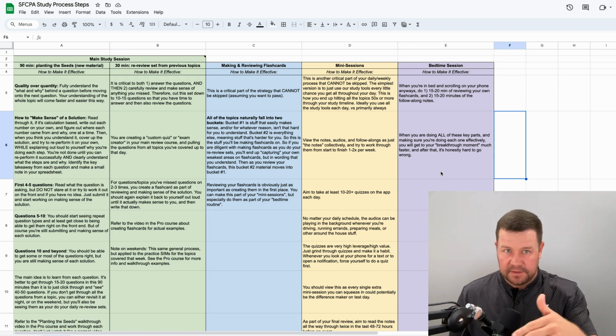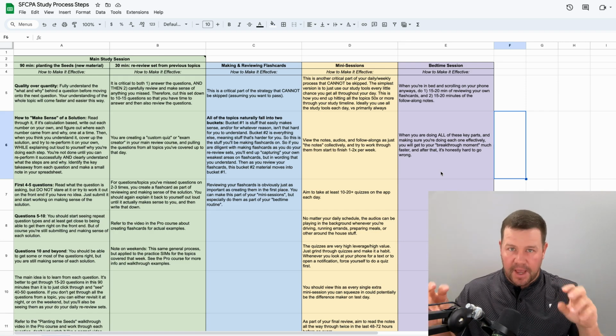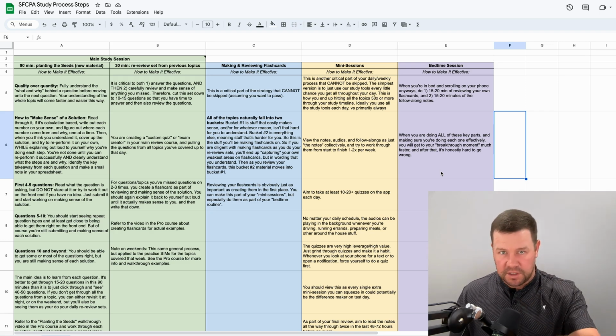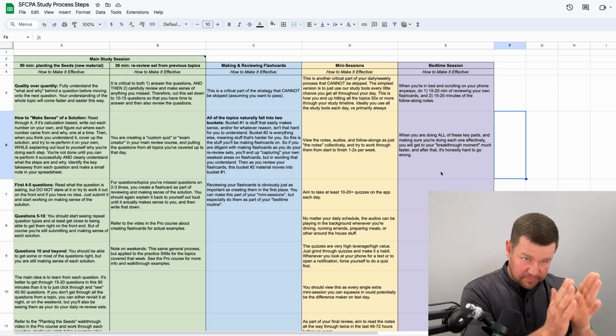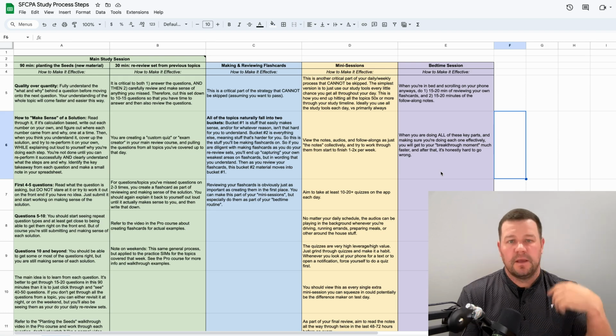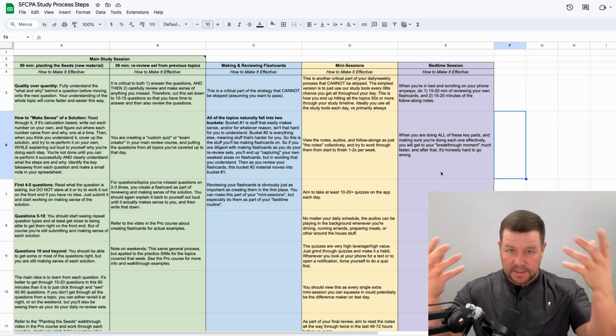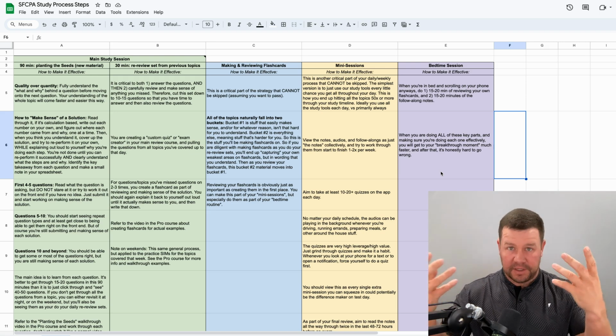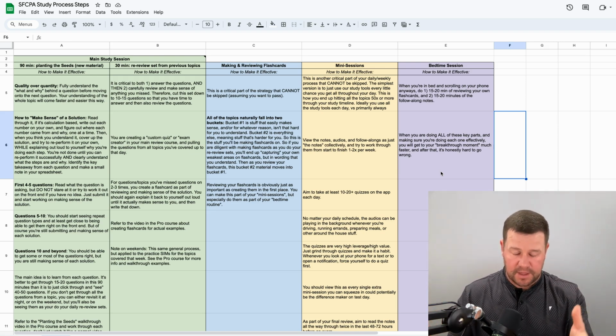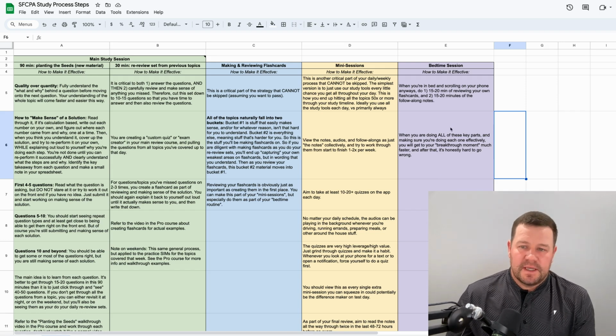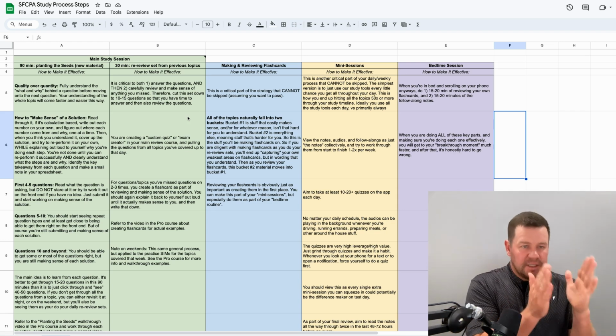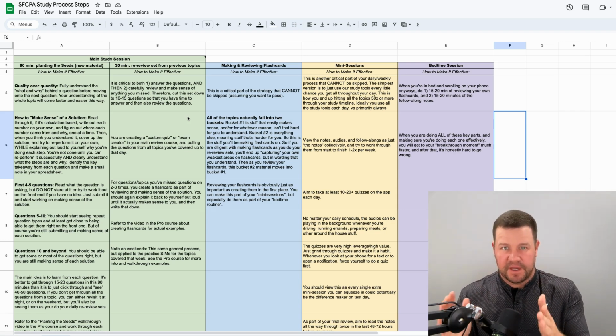Obviously, you still got to be putting in the time each day, but you've just gotten good at this whole process. Deciphering, reverse engineering questions. So regardless of what the exam is or what the topic is, you just have this formulaic process for breaking it down, making sense of it, and getting it in your brain to the point that you can go into the testing center on test day and pass. So that is a 45-minute long breakdown of just how to make each key part of the study process most effective.